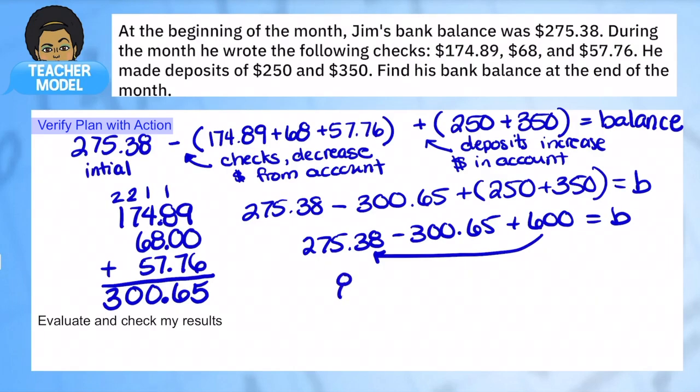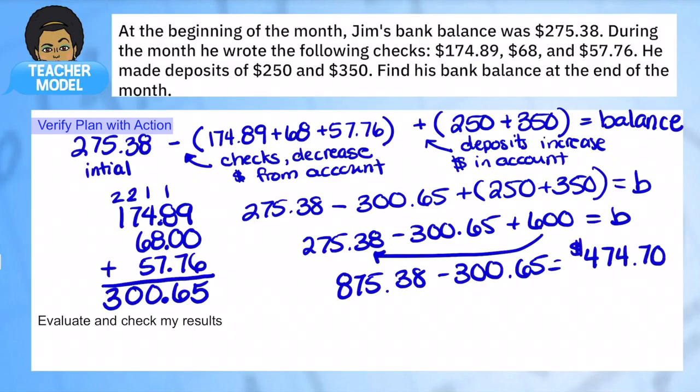So I would have $875.38 minus $300.65, and now I have enough that I can do my subtraction, and that is going to leave me with $474.70. So this was a problem that had a lot of easier operations, just adding, subtracting, but look at all the organization I had to do in it. So my work looks fantastic, but I want to make sure I'm making it very clear at the end what my answer is. So let's put in